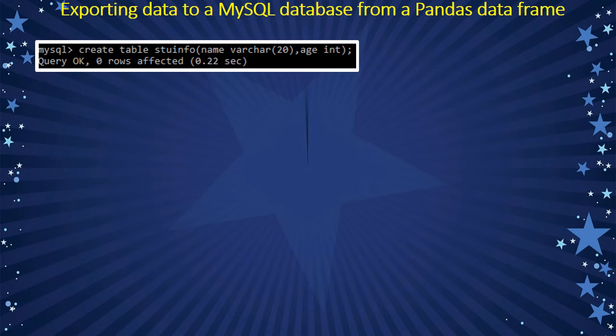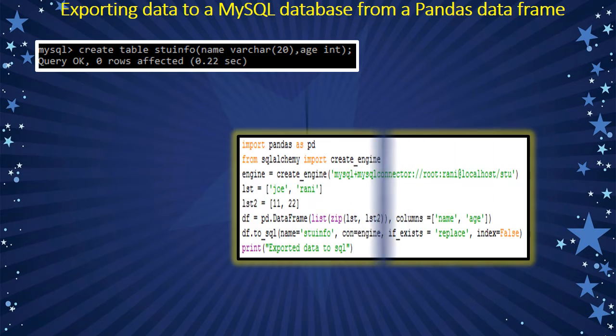So here I created the table st_info with two columns, name and age, in MySQL. An empty table is created, and I open the Python IDLE. I imported pandas as well as imported create_engine from the SQLAlchemy library.